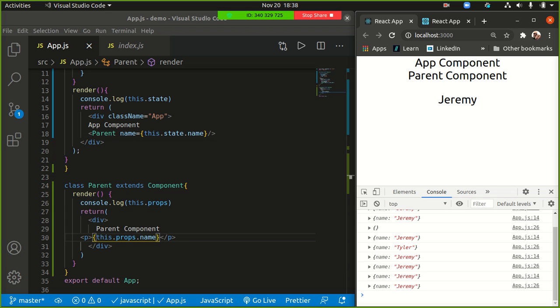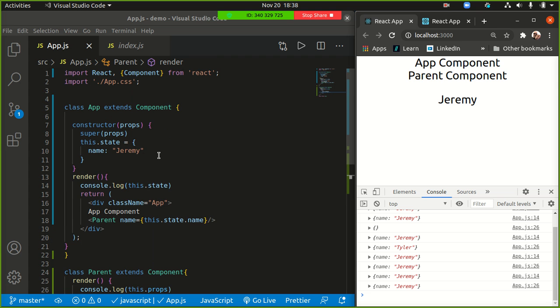So, on a show of hands, how many of you understand this? Say I'm not understanding when to use state and when to use props. Okay. So state is